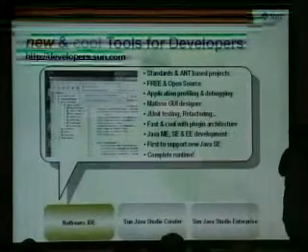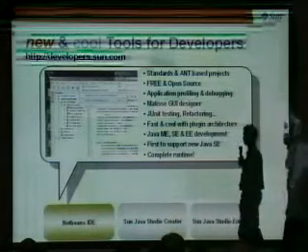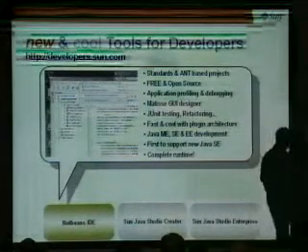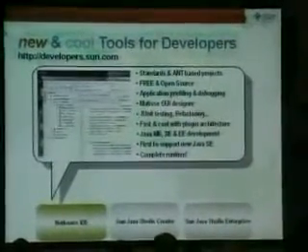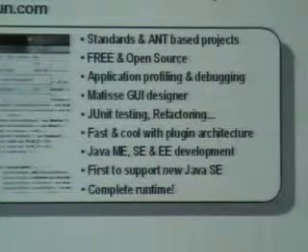So let's just talk about NetBeans then. It starts with one of the three tools that we have. NetBeans is open source, it's standards based, there's nothing in it that's proprietary. It's all open and generates Ant projects. So anything you create in NetBeans, you can compile outside without any NetBeans libraries.